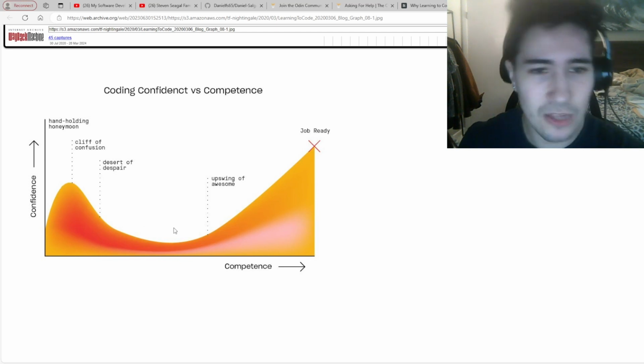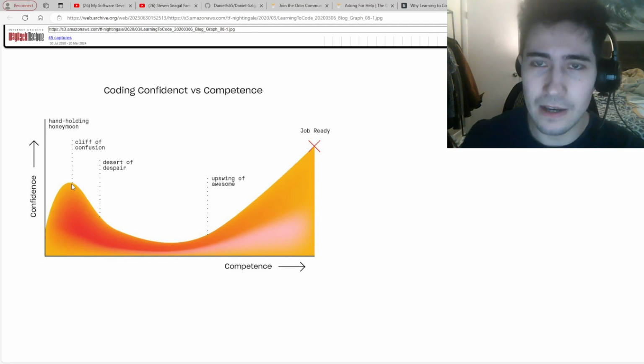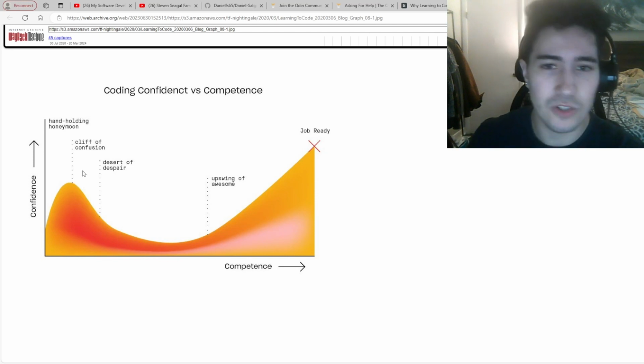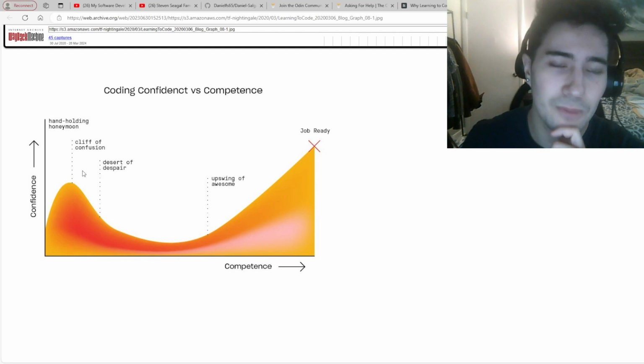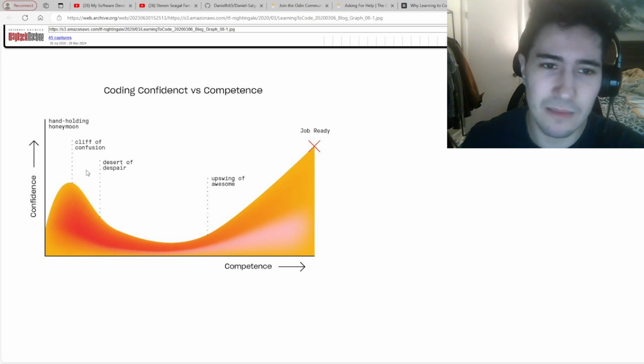That yellow graph is supposed to represent my confidence, and it's going to start going up, and then I'm going to hit a point where I run out of easy tutorials. I see a lot of websites online and YouTube videos put it in different ways. I've also seen it being called tutorial hell and similar things.